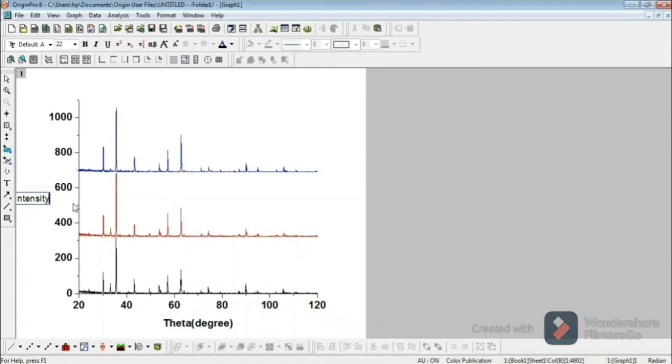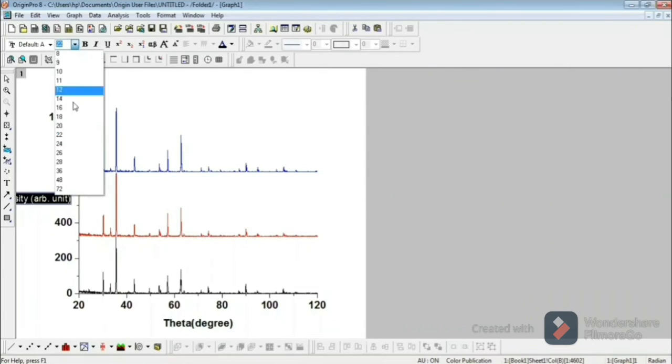Now one thing is very important. The intensity along the y-axis is not the original values, so we can write it as arbitrary units, ARB dot unit. Okay, because it is not the real values. We have added some values and jumped these values to higher values.